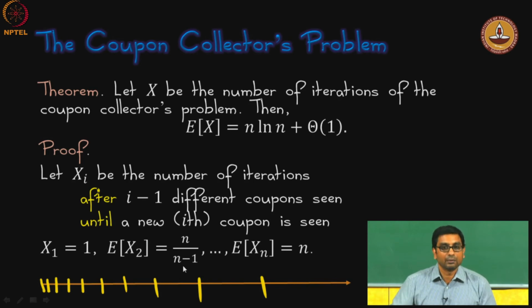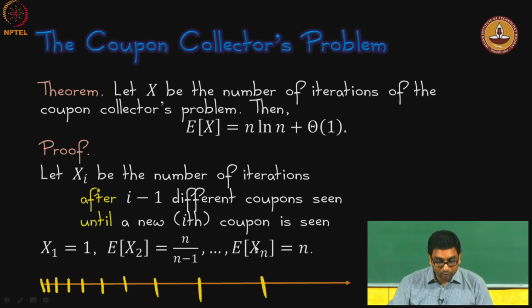So, that is n over n minus 1, and similarly the expectation of x 3, if you work it out, is going to be n over n minus 2, and so on. This pattern will continue. And this should fit your intuition, because early on these quantities are going to be very close to 1. The expectation of x 2 is close to 1, the expectation of x 3 is close to 1, and so on, because early on it is easy to find new coupons. But as you start collecting coupons, it gets harder and harder to see new ones, because every time you buy, it is likely that you find a coupon that you have already collected.